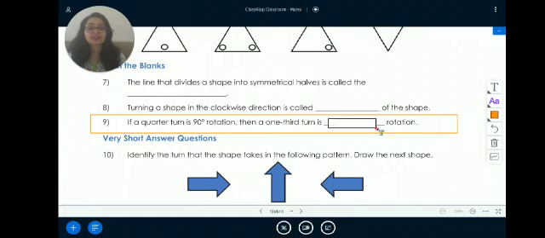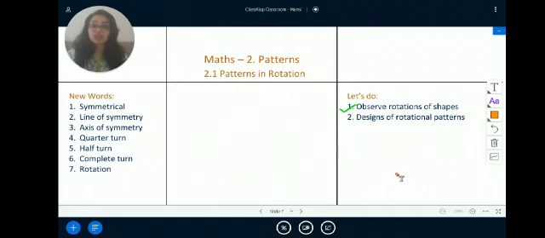I'm giving you 10 seconds to think. You can note down the answer in your workbook as well. You can pause the video and note down the answer in your workbook. And the correct answer is 120 degrees. Correct. Good job. Here we have completed our first task of the day, observing rotations of shapes. Now let's move on